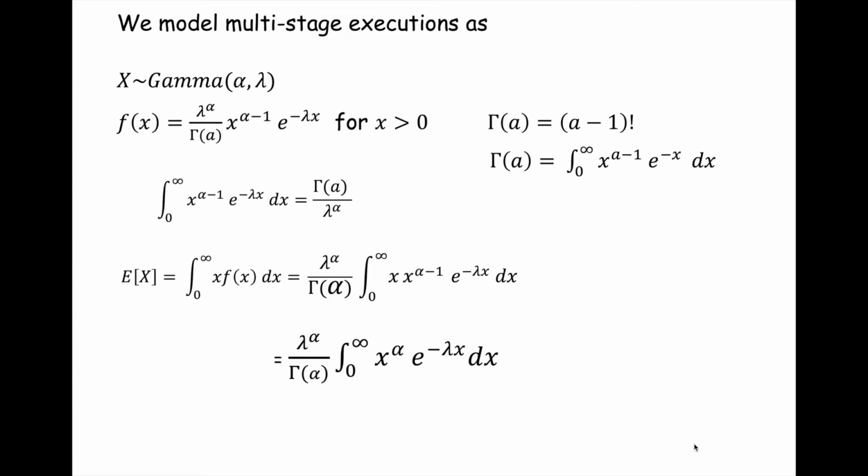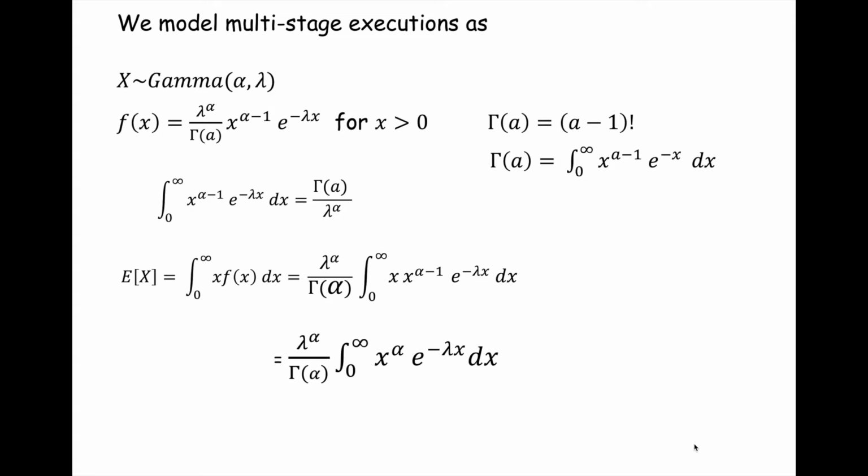Okay, so now I take that integral and I have an x times x to the alpha minus 1 power, e to the minus lambda x. Well, I have the same x here, and so this x is the same as x to the 1 power, and so I add my exponents here. So now if I do that reduction, I have the infinite integral from 0 to infinity. I have my leading coefficient here involving lambda to the alpha and the gamma function in the denominator. I have x to the alpha power e to the minus lambda x dx. Okay, any questions about this?